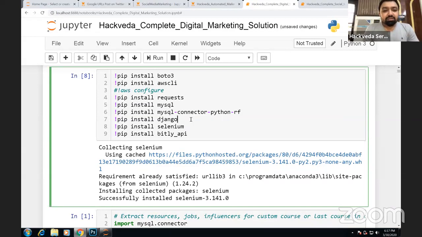Now, the very first thing which we are going to start with is you need to install some of the libraries. We install Boto 3. Boto 3 is the first library which is needed by you to communicate to cloud servers at Amazon. Why do we need this Boto 3? Boto 3 actually helps you connect to Amazon Web Services as well as Amazon Simple Email Service. Whatever product you will be having with you, you will be able to post information about your products via email to your consumers using the Boto 3 library.